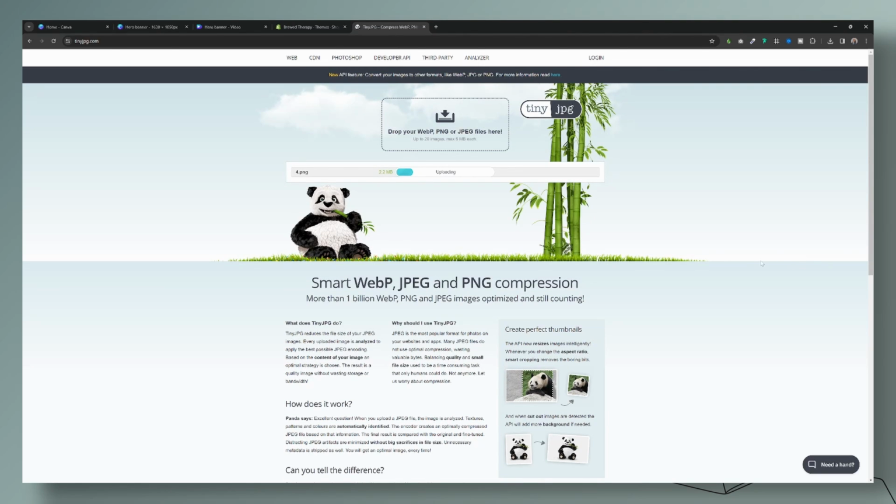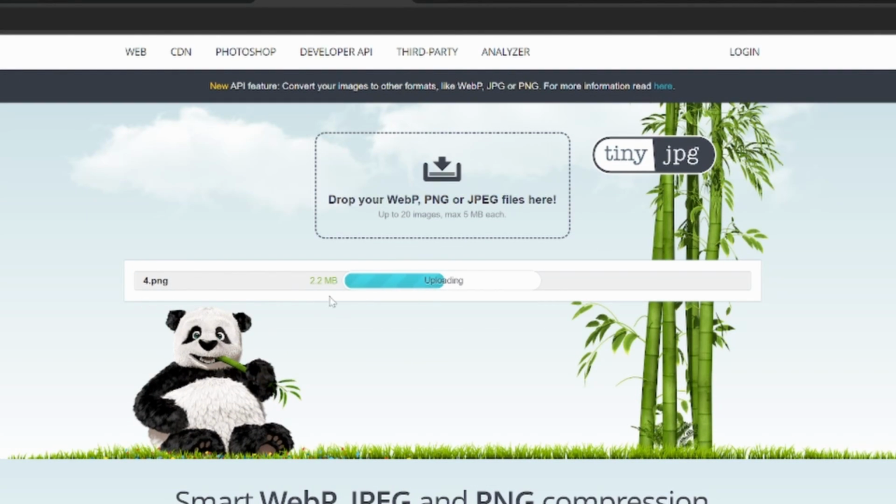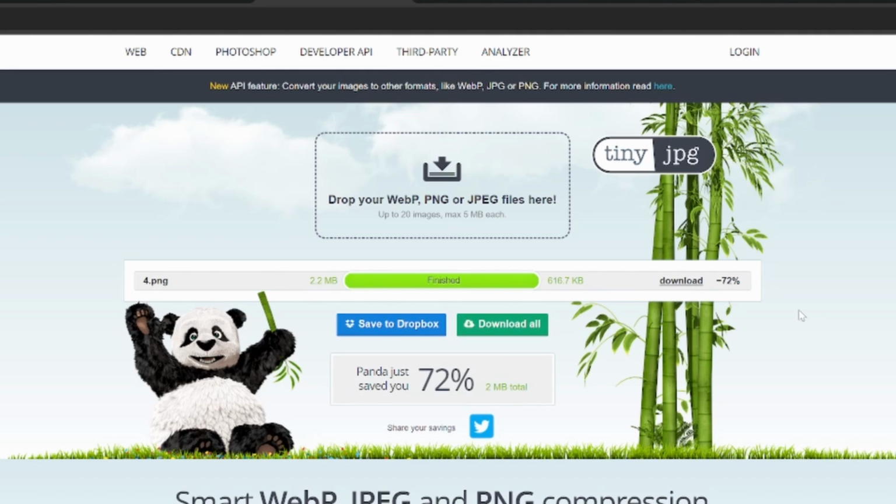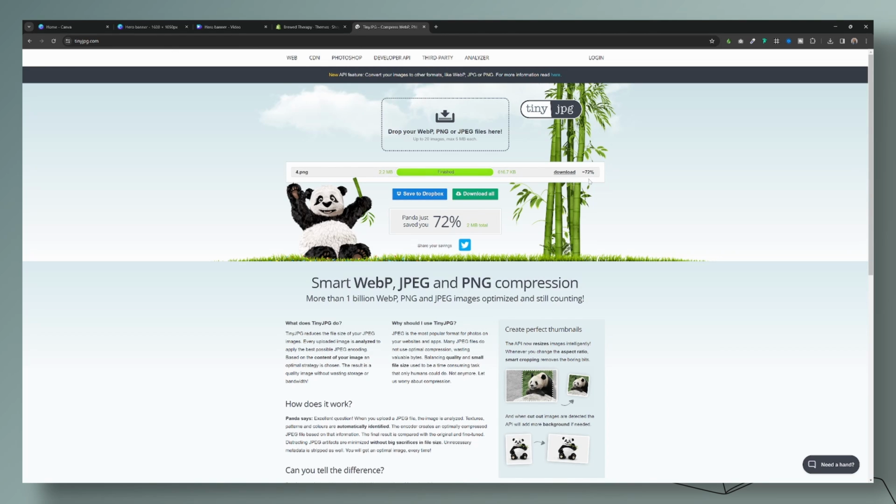So let's go ahead and upload that image, right? And it's also telling you again here that this image size is 1.2 megabyte, and it's going to compress it, and it's going to tell you how much it compressed it with the new file size, okay? So here we go. So now it is 616, and it compressed it by 72%. So that's a huge difference, okay? So it's not the 500, but it's less than the 1 megabyte, which is okay with me,